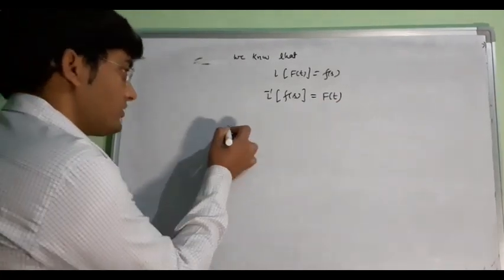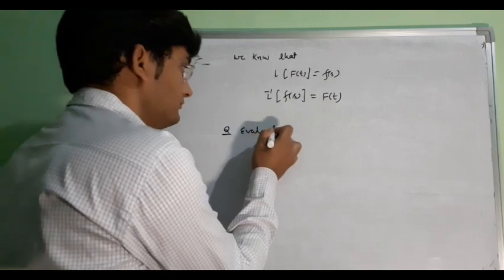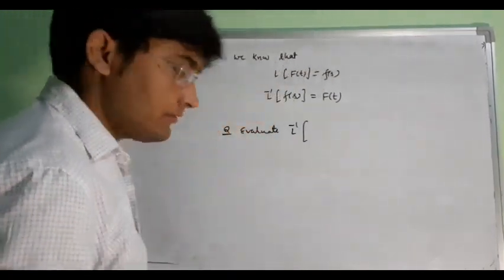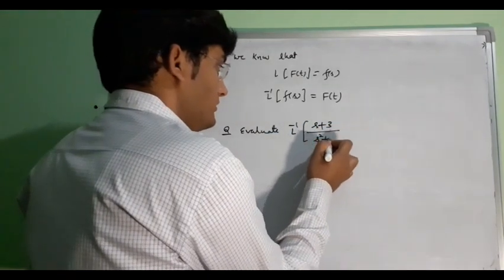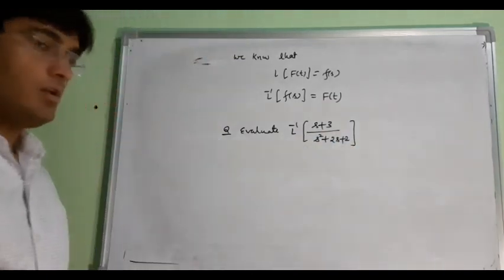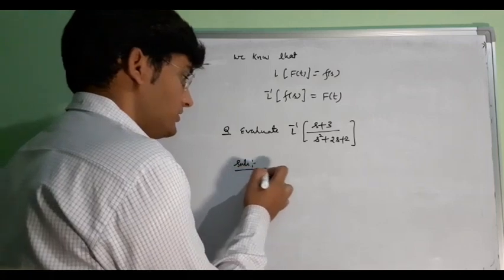So starting with question number 1, evaluate the Laplace inverse of (s + 3) upon (s² + 2s + 2). Our solution is: